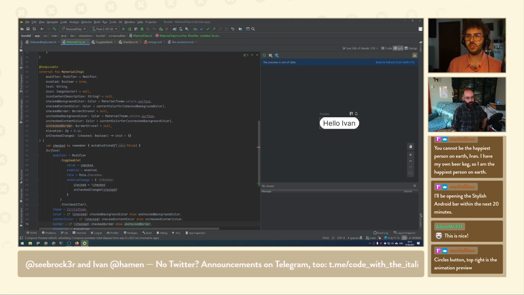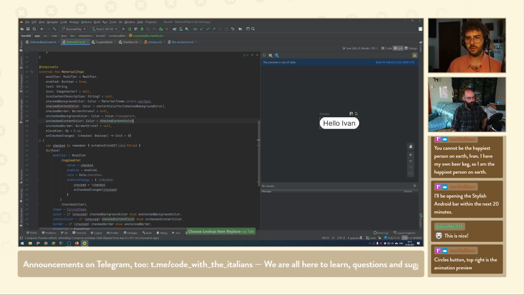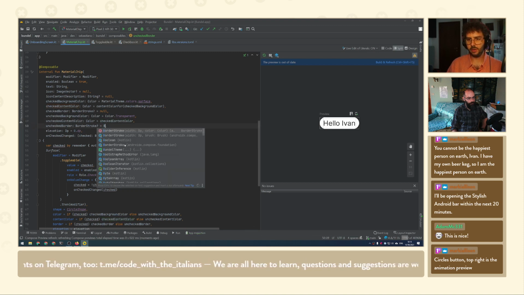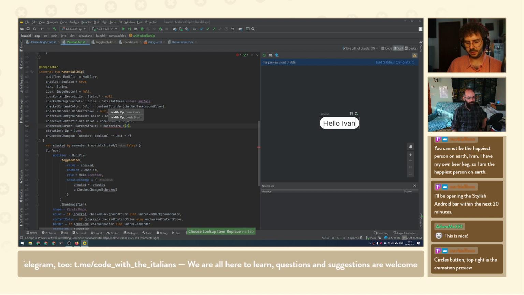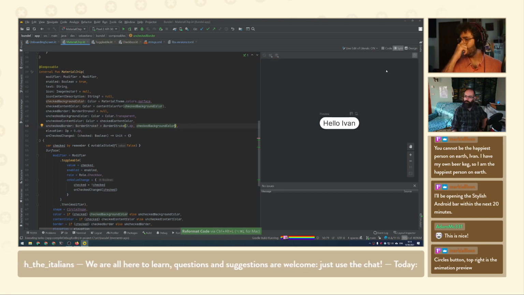Maybe the unchecked, instead of having background, is color dot transparent, and the default is the checked content color is the same color, and then it's transparent, but it has a border. So maybe it has a 2 dips border of the checked background color, for example. So now we refresh,